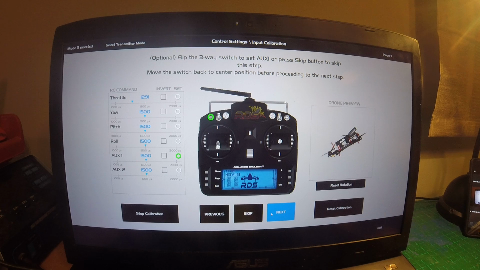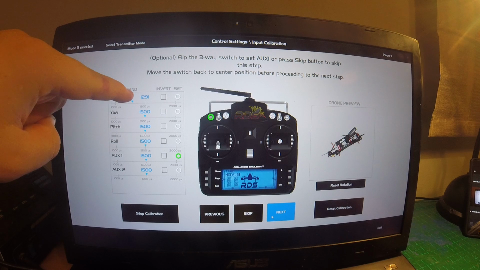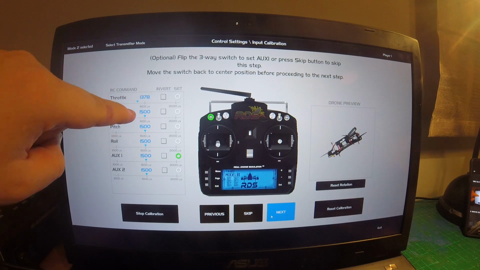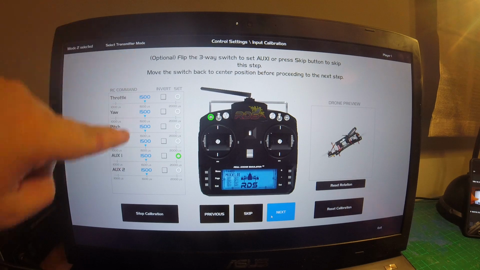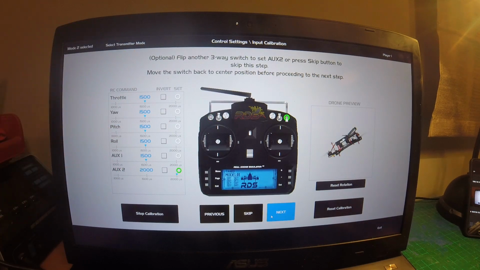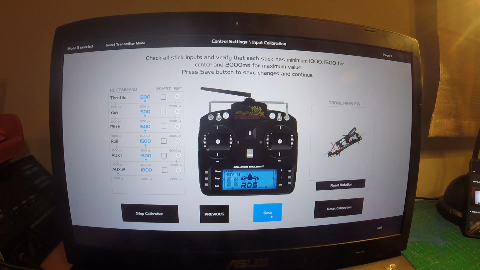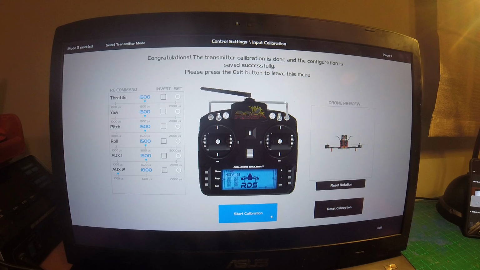Now I'm gonna move my aux switch. This is aux 1, got recognized, so you center it back. You know, everything shows 1500 here, and that's how it is supposed to look when you center them. Click next, move aux 2, got recognized, next, and if everything looks okay here, you save, and now you test it out. Move all of your sticks, and if it moves exactly how it moves on your transmitter, you're good